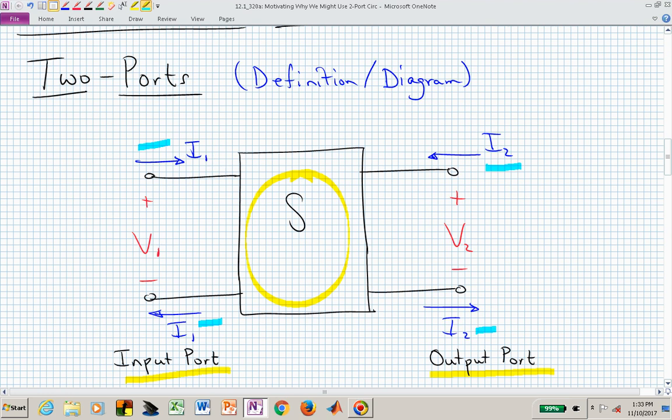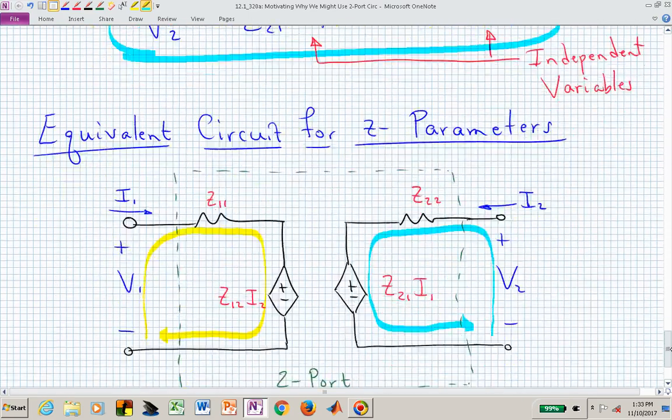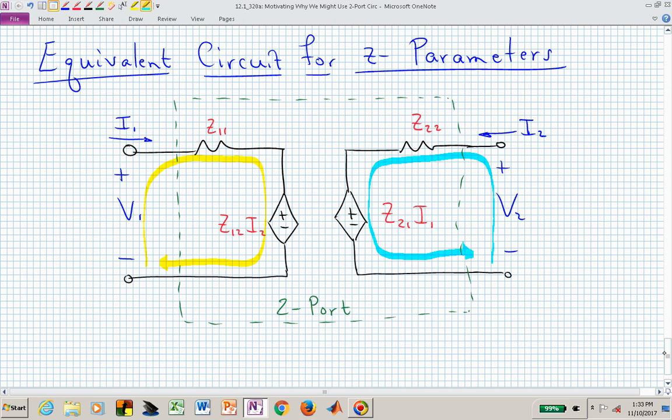We want to identify the Z parameters and replace that complicated 50 parameter circuit with this equivalent Z parameter circuit that contains a couple of dependent sources and a couple of impedances, Z11 and Z22,